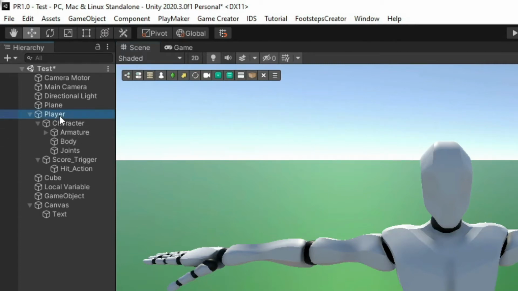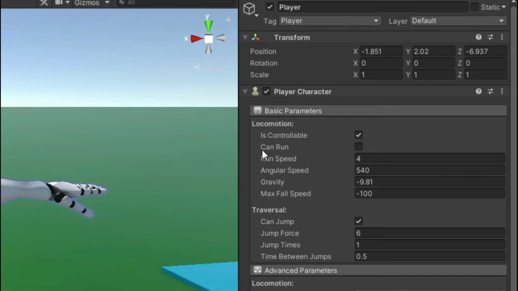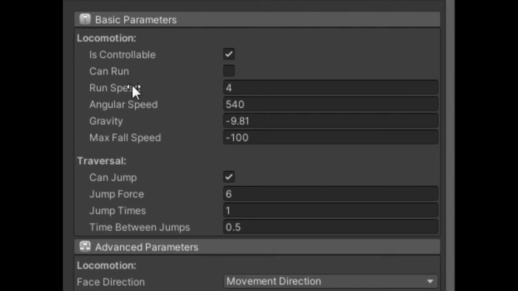Let's go ahead and click our player to see what's going on here. We have lots of options here in the basic parameters. Is controllable, we have it controllable at the moment, and can run, we have unchecked, so if you check that box we'll be able to run, and right now we're currently in the walk state. And we have our run speed and lots of other things here. We have the ability to turn jump on and off, and adjust the jump force, as well as